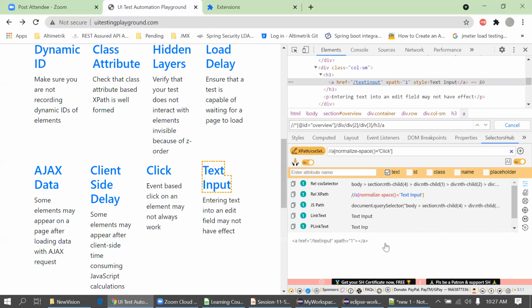Actually, we can create our own XPath as well. This is different. If you don't have this, you can simply create an XPath on your own. But if you don't know how to create an XPath, then at that time you can use this. But in some cases, this XPath might not be optimized. In that case, you have to make some changes in your XPath. You should know how to change the XPath and how to create an XPath.